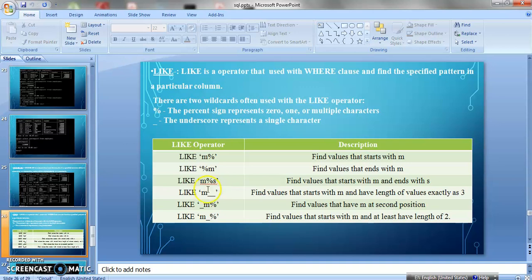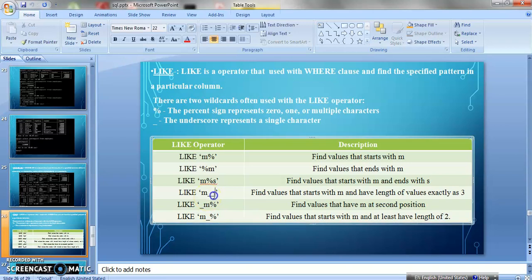Okay. Next is M and two underscores. This is not one underscore, ये दो underscore है. So इसका क्या मतलब हुआ? ये वो value find करेगा जो M से start होती है और total उस value की length 3 है. Because M एक single character है और दो underscore का कितना character हो गया?